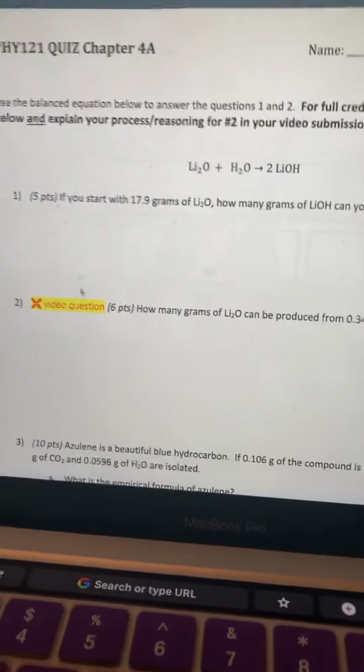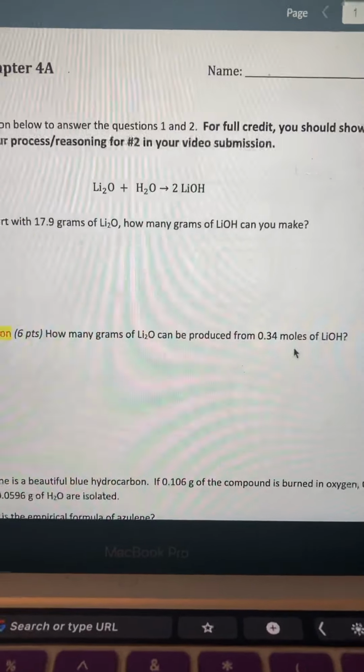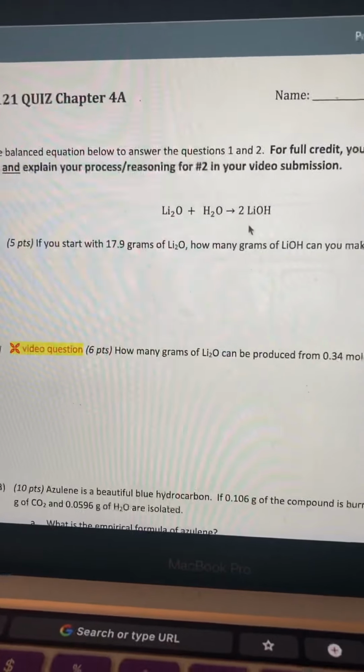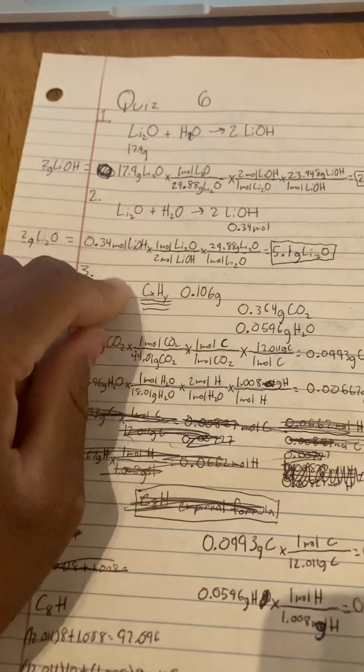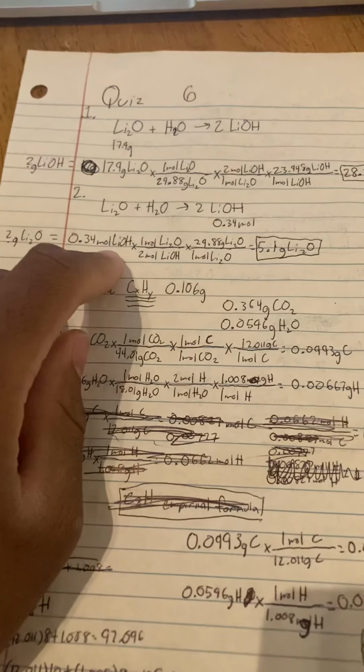So this question: how many grams of Li2O can be produced from 0.34 moles of LiOH? From the equation, it's there. Here's kind of my work here. I just took 0.34 moles of LiOH, or lithium hydroxide,